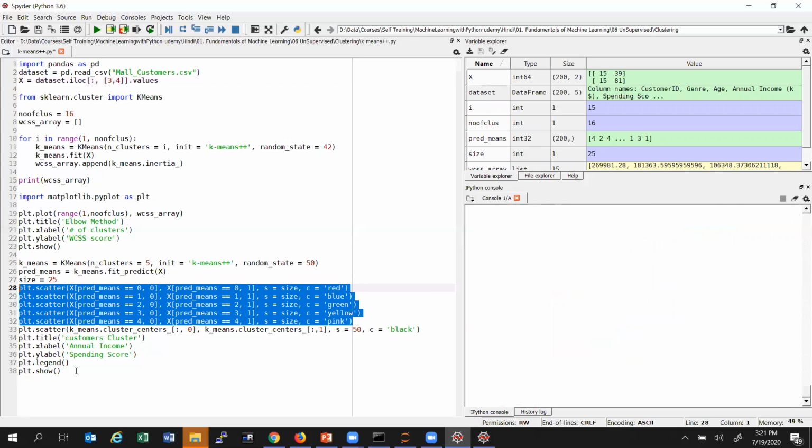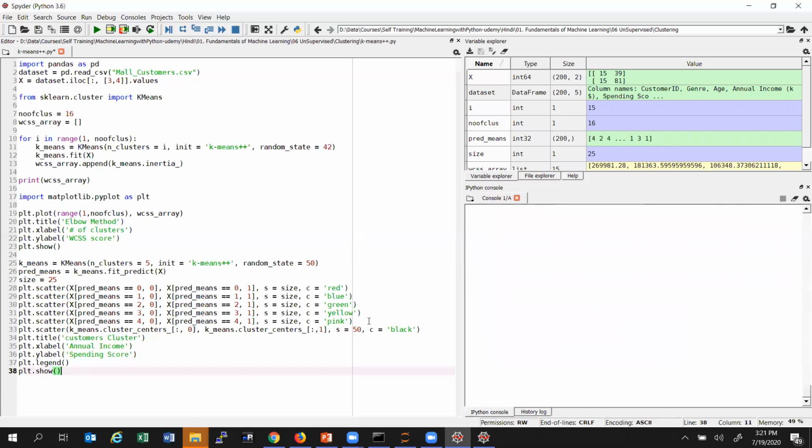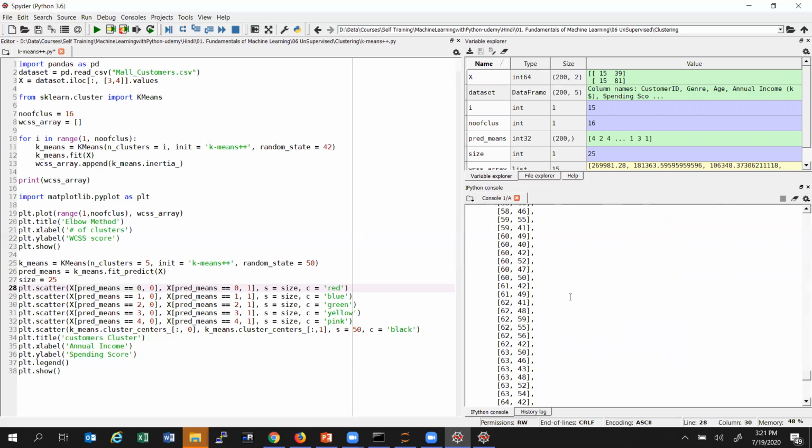So you can just see the clusters. Yeah, so that's all. In this part also you can try one thing. See, if I am giving cluster 0, this is my annual income and this is the spending score. So by putting this, you can see the spending score is roughly 50 to 60 here. So it will give you some idea which cluster is having what kind of people.